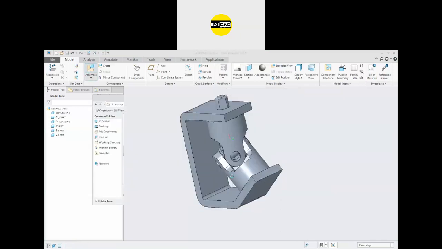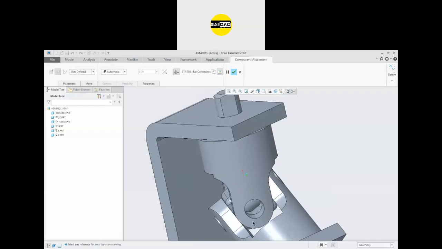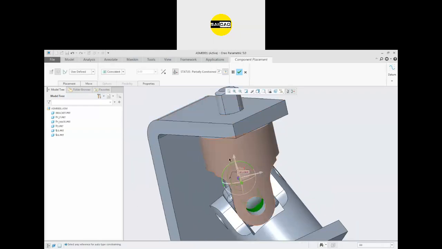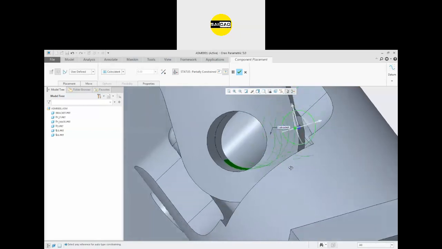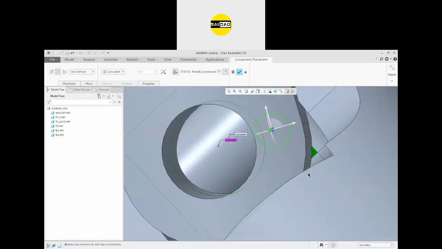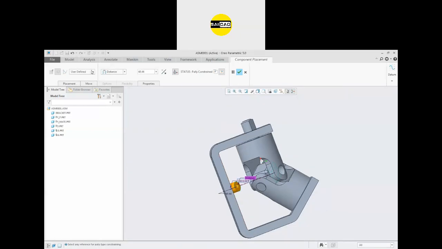Go to the assemble, use this one and define the placement according to your need, and define the second relation according to that. Define the value.